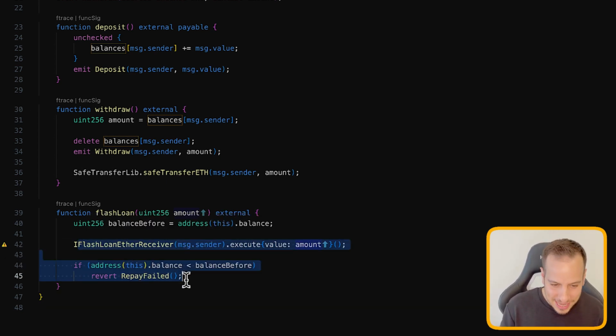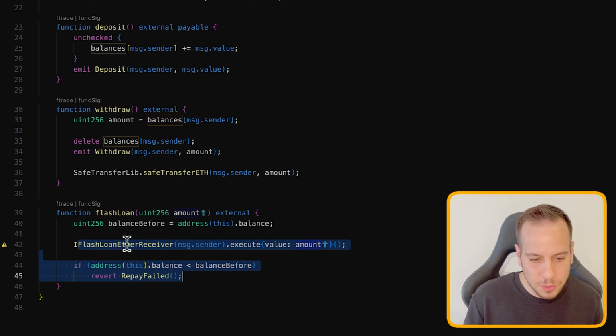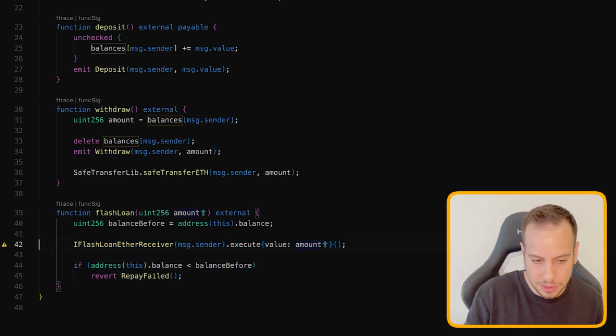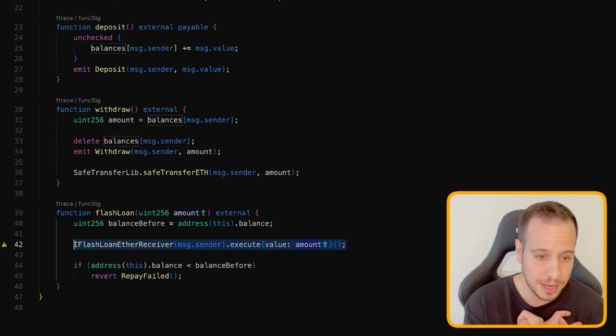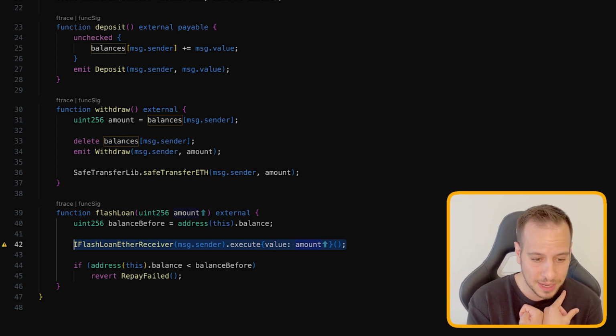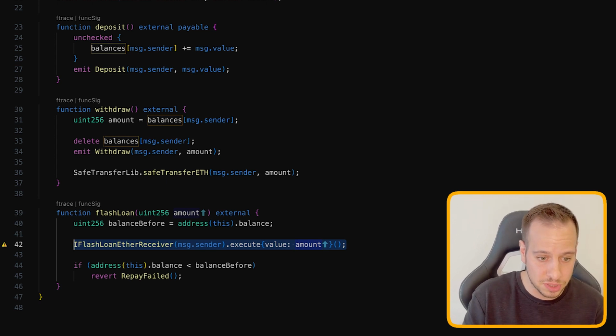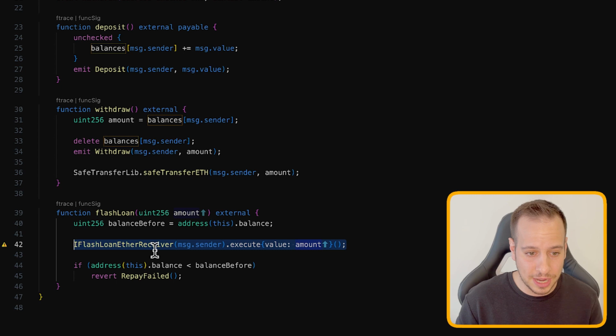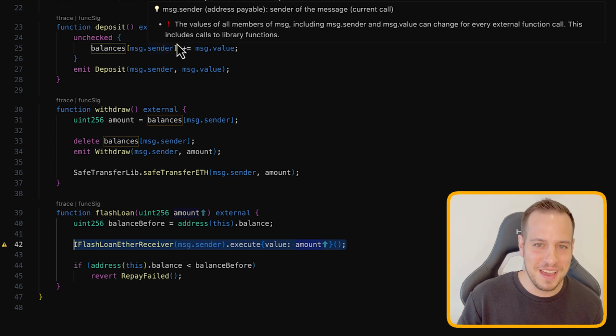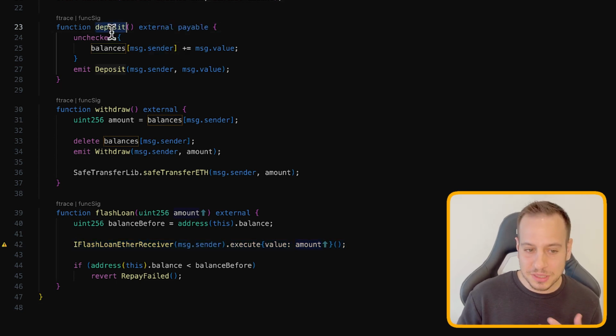Once we get the funds in this line of code, the execution moves to our external malicious smart contract. Now in this malicious smart contract, instead of keeping the funds to ourselves, we're gonna send back the funds to the contract. But instead of just sending it back, we're gonna send it back through the deposit function, right? The deposit function is a payable function, so we can simply call the deposit function with the ETH that we received